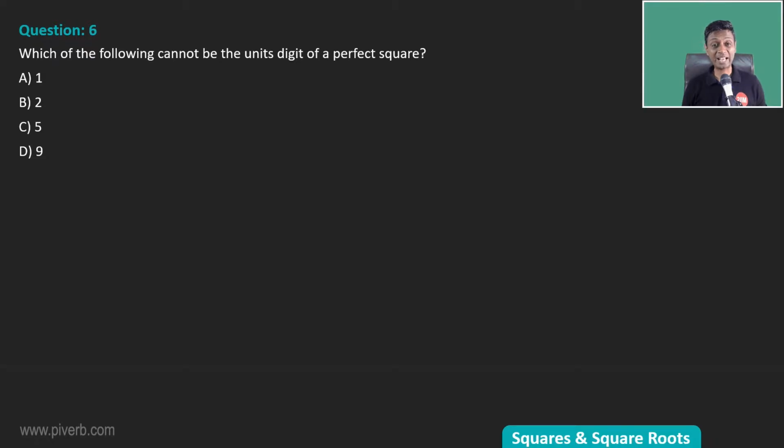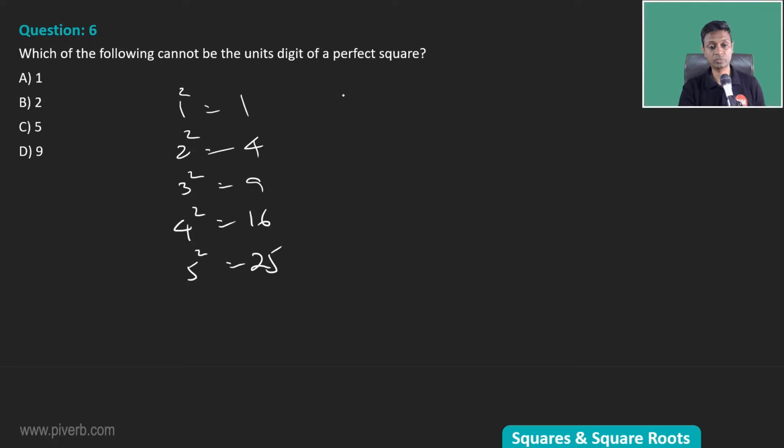Which of the following cannot be the unit digit of a perfect square? 1 square is 1, 2 square is 4, 3 square is 9, 4 square is 16, 5 square is 25, 6 square is 36, 7 square is 49, 8 square is 64, 9 square is 81,